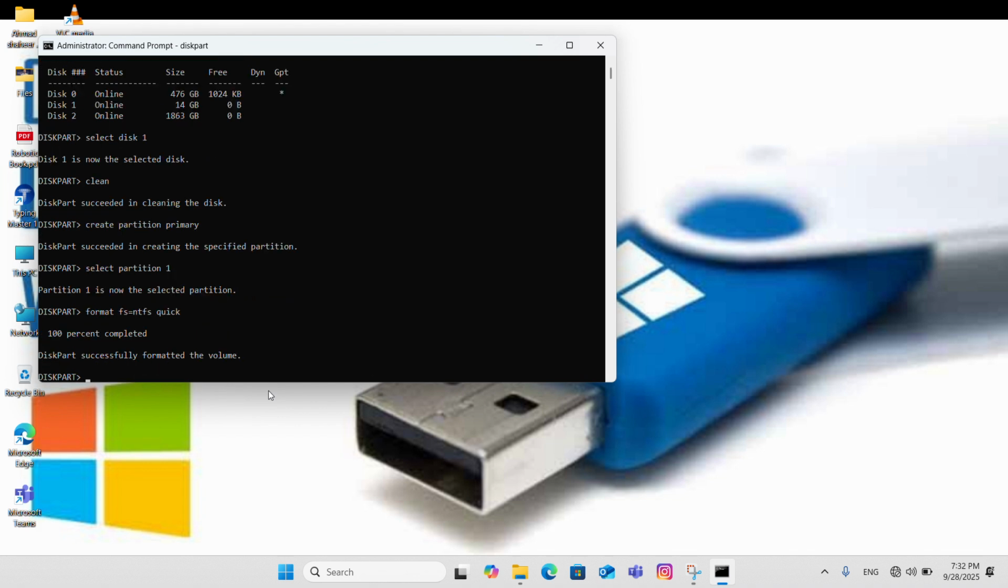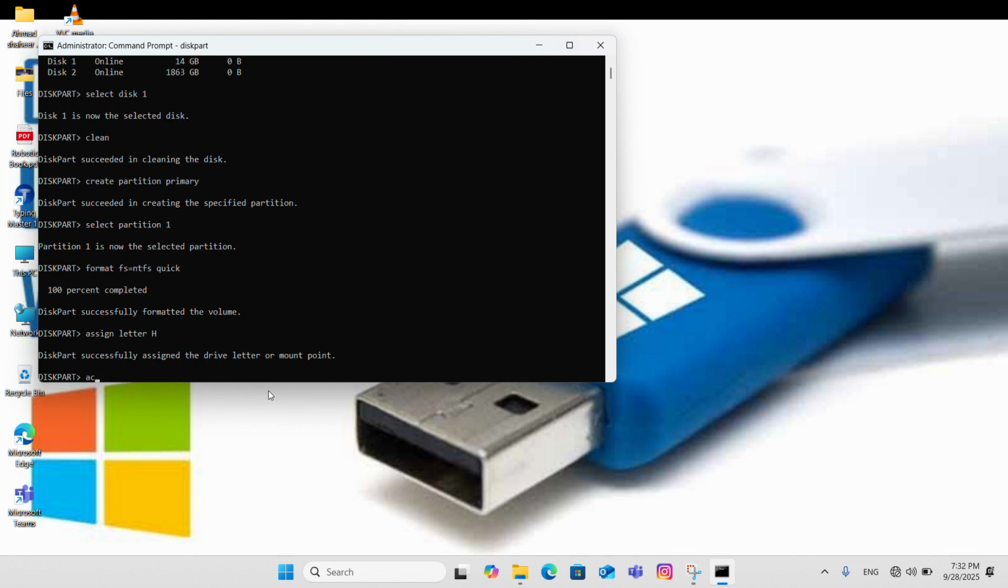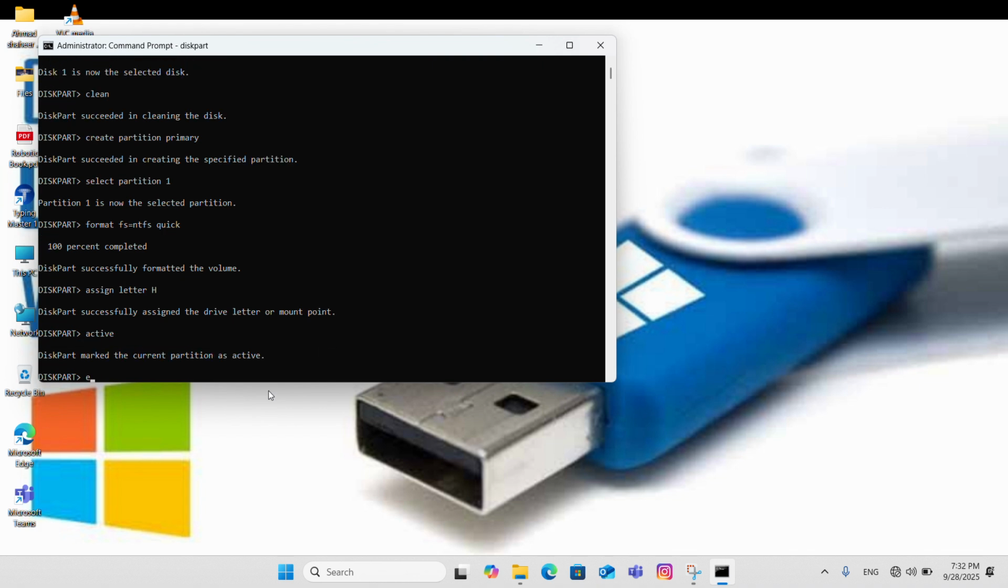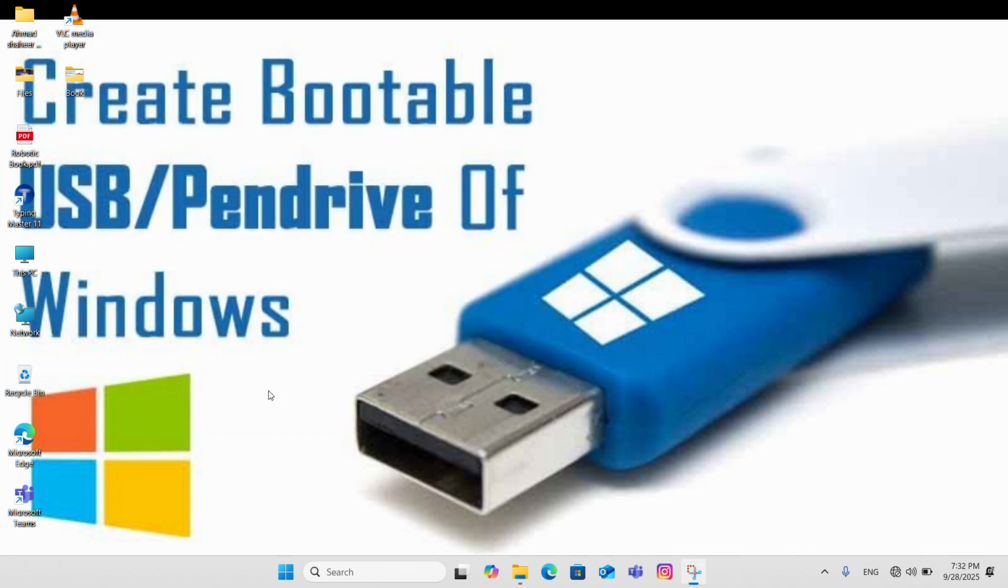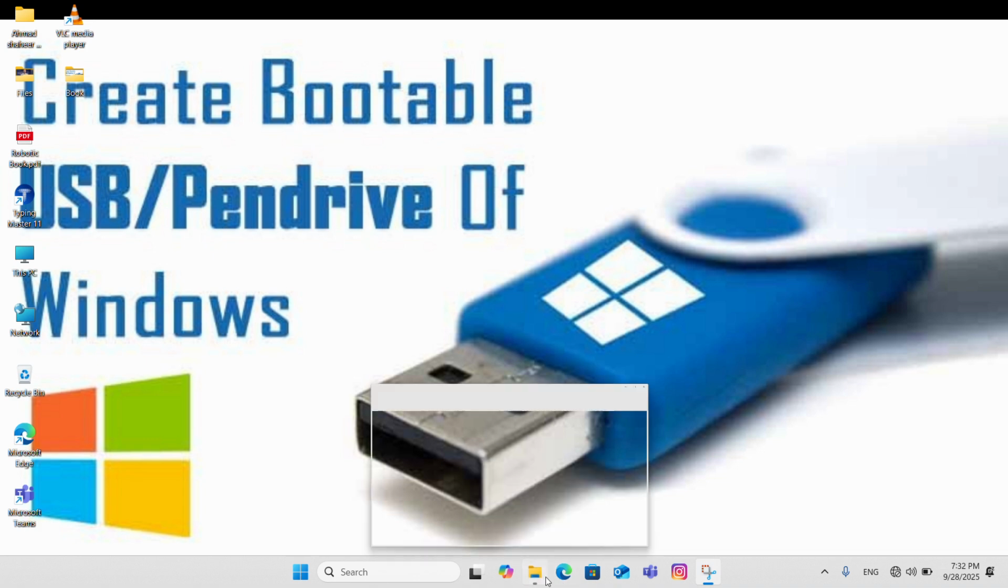Okay, here we go. The next part is to assign a letter to the USB. Assign letter. In the very final step, write active, and let's get out of here. Okay, let's come to